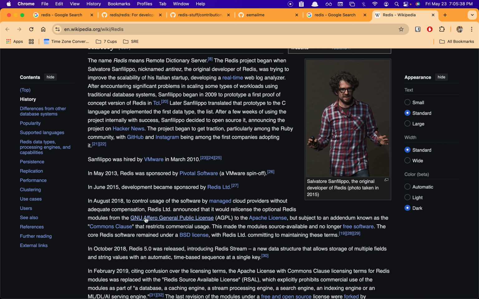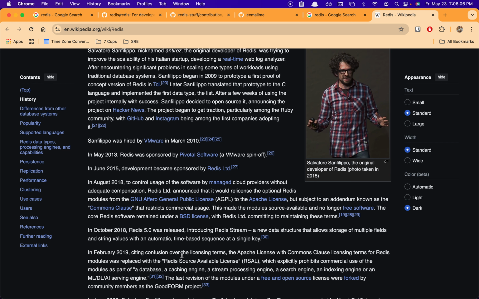So Redis announced the AGPL. So it looks like they already had these cloud providers using Redis. So they announced AGPL, and then that is commercial usage. This made the module source available and no longer free software, so only modules. The core Redis server remained under a BSD license, with Redis Limited committing to maintaining these terms,